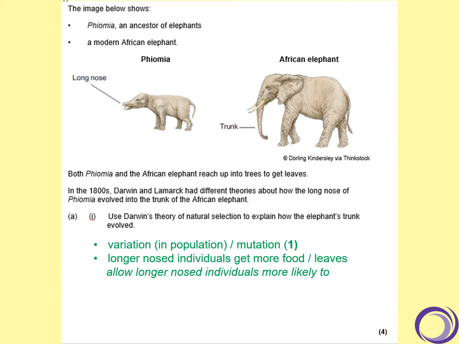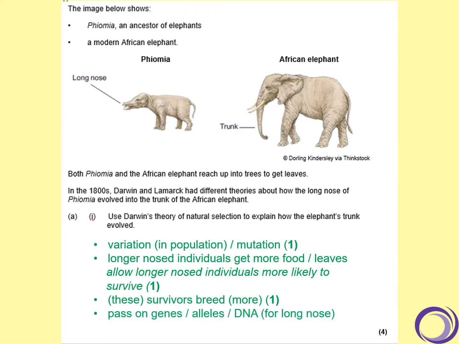So these individuals would be more likely to survive. They've got an advantage. They can get more food, so they are more likely to survive. If they're more likely to survive, they're going to be more likely to breed. And the genes or alleles for having a long nose or a long trunk would be passed on to future